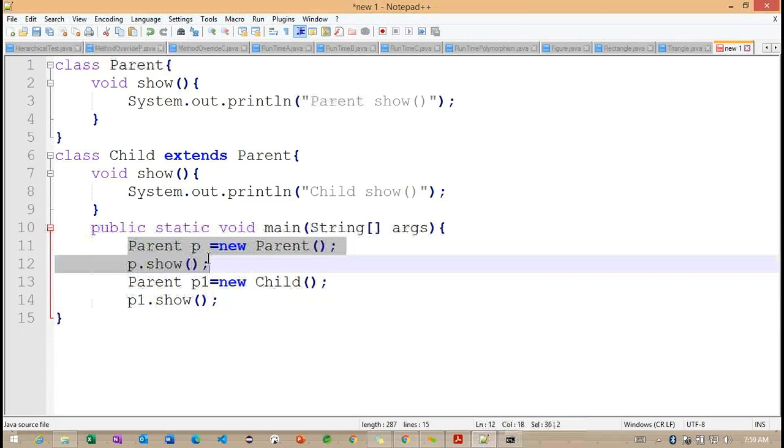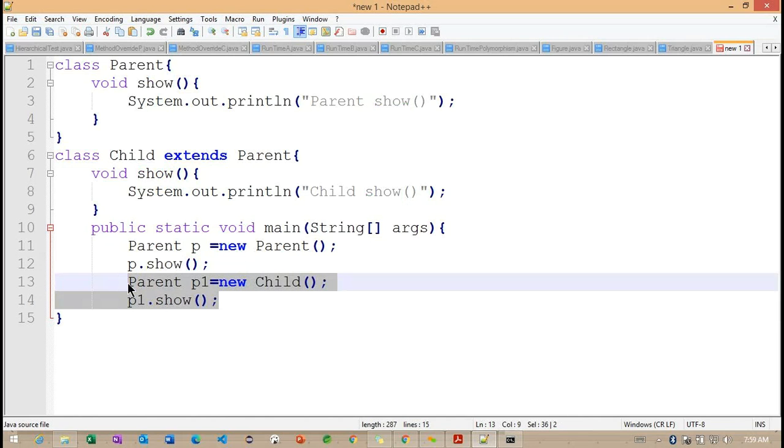Yes. So there is no relation of subclass with the superclass here, so directly the superclass method, the parent class show method, is going to be called. But when we work with this particular line number 13 code, we are creating an object of the child class, but the type we are making parent.